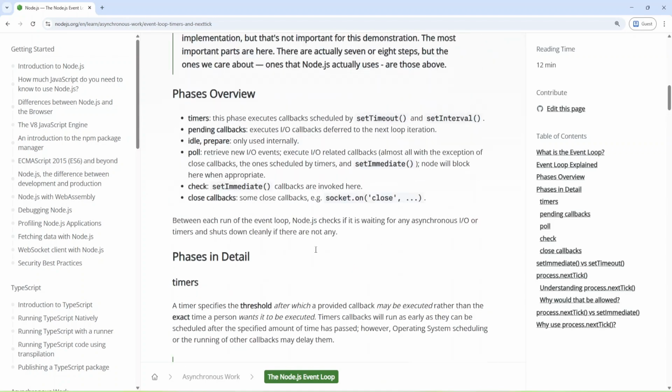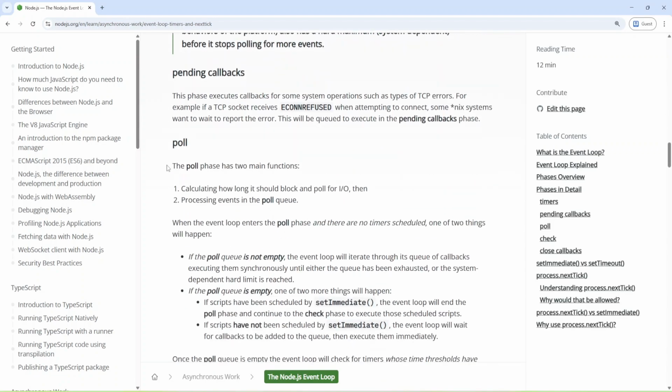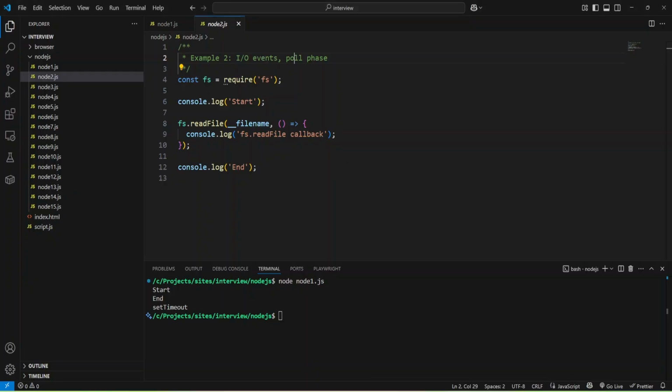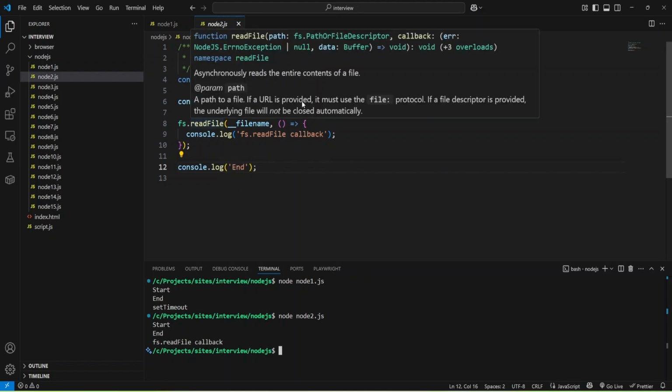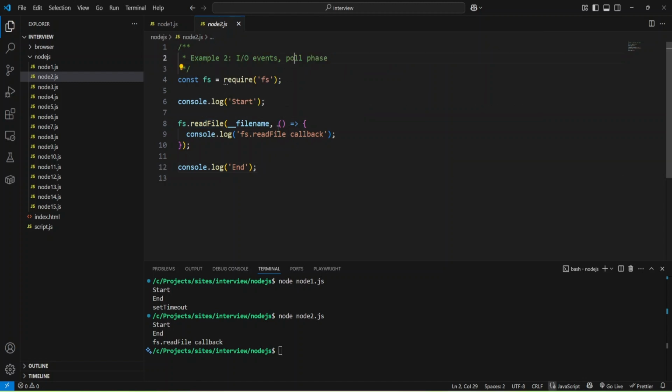Okay, as you can see, we have the poll phase, and let me show you an example. I have console log start, and then reading this current node2.js file, and after reading the file, I'll provide a callback, and then we have console log end. Let me run my script, and as you can see, I have start and